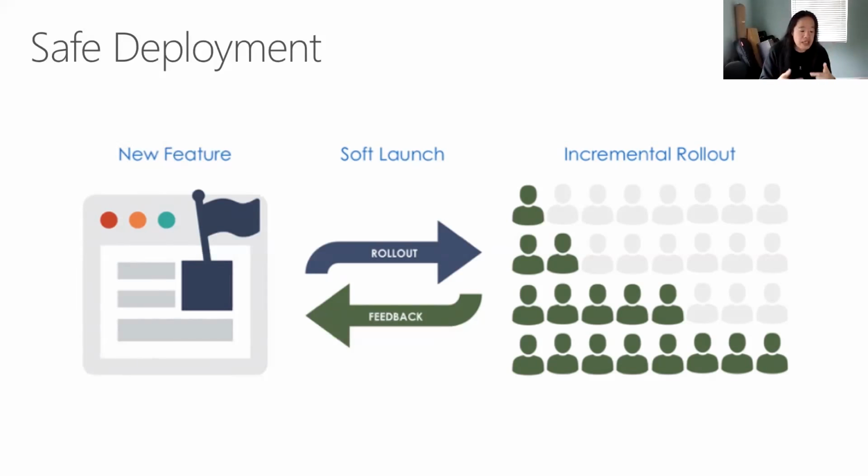We actually use VSTS in-house to do all of our work and do all of our builds, everything inside of VSTS as well. So we deploy it first to the engineering team. And when it's deployed to the engineering team, we're using it. And it bakes in our environment for about 48 hours. During that time frame, we're gathering analytics and user feedback. And if things are bad or too many alerts are happening, bam, we stop that deployment completely. But if it passes through our environment for 48 hours and everything's okay, we deploy to ring 1.